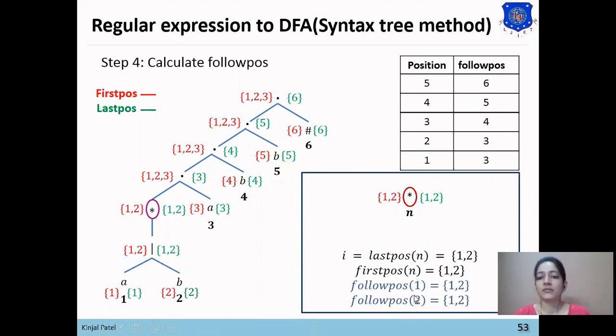So the follow position of 1 equals the whole set and the follow position of 2 equals the whole set. Now you can see that 2 has follow position 1, 2 and 1 has follow position 1, 2. So the follow position has been found.